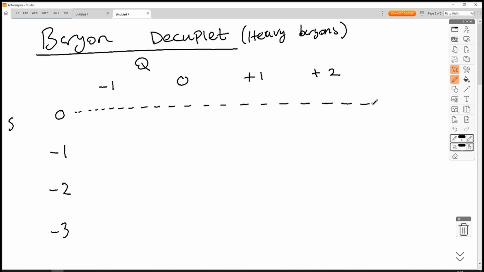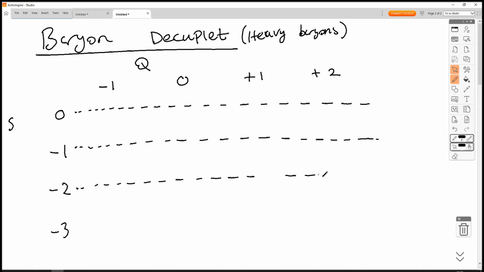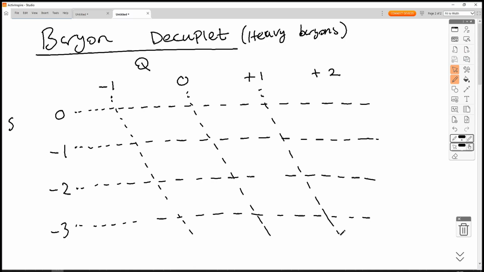Then, along the values for strangeness, we'll put a horizontal dotted line. And then we'll put diagonal lines going down from the charges. Now we start from the top level. On the top level, all 4 positions are occupied. So it's 1, 2, 3, 4. On the next level, we go down to 3. That's 1, 2, 3. On the next level, we go down to 2, 1, 2, and at the bottom, we've